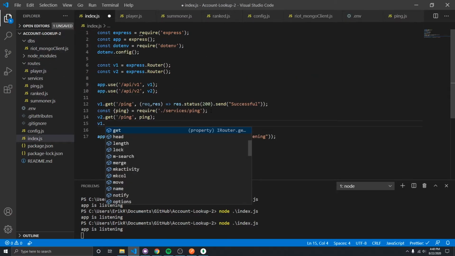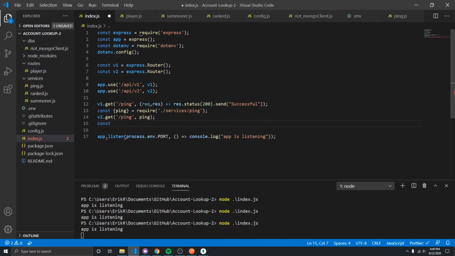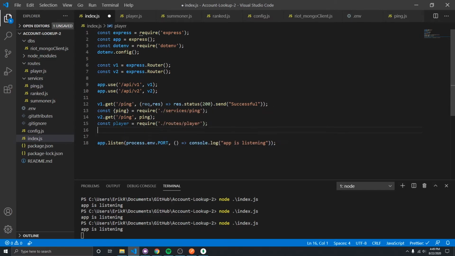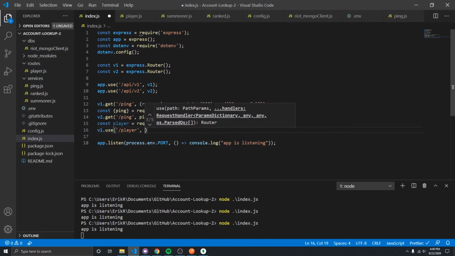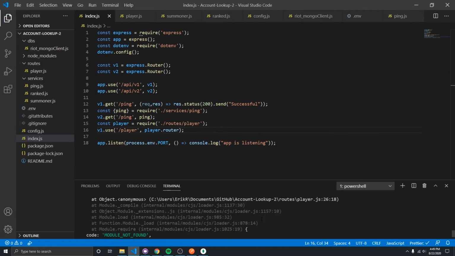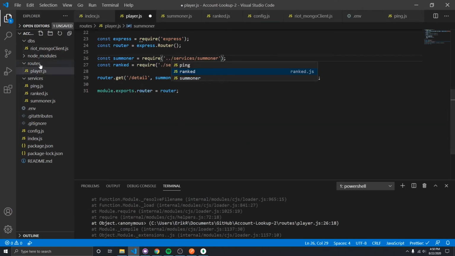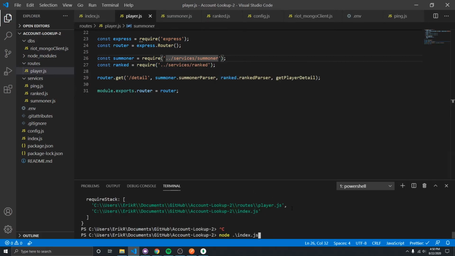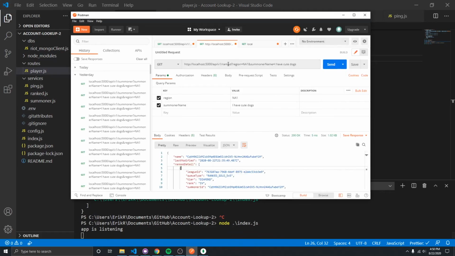in our V1. And so now back in our V1, we want to go ahead and import that route. So we want to say player route, or just say player equals require routes/player. And then our v1.use, anything that goes under player uses the player.router. And now if we rerun this, we crash. In here, because we're in the routes section, we need to actually go up one in order to require these, and that should work. Now the app is listening,